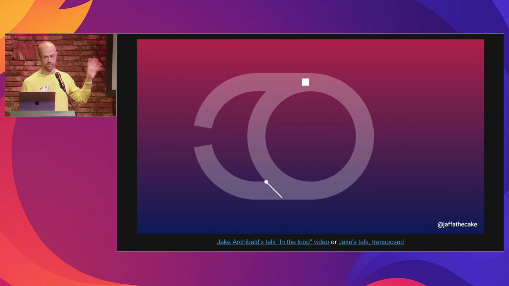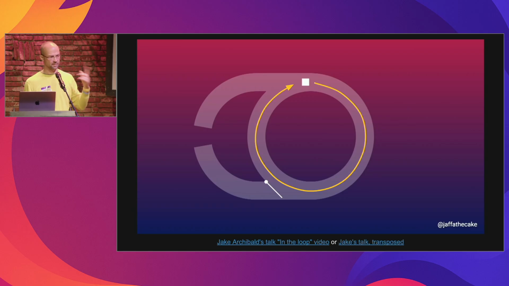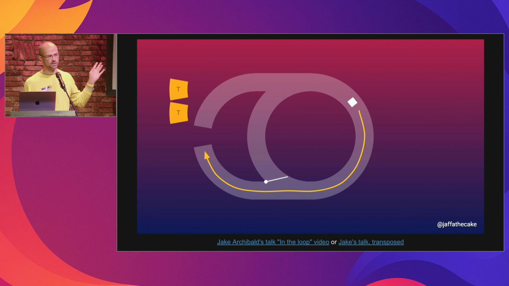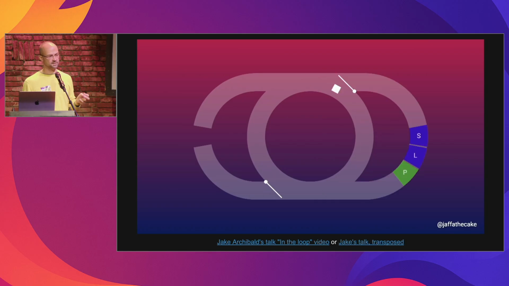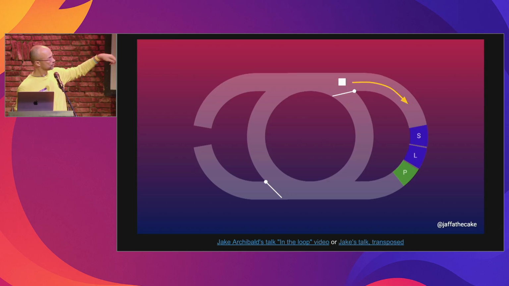These slides are borrowed from Jake Archibald's talk on the event loop, which shows how the event loop works when it goes to execute tasks. I won't go into details there, but you can search for the video if you want details. Tasks are being executed, and then the event loop goes in circles again. But at a certain point in time, 60 times per second if you're running on a 60 Hz display, that's most of the displays, it goes right on the rendering path where the browser does